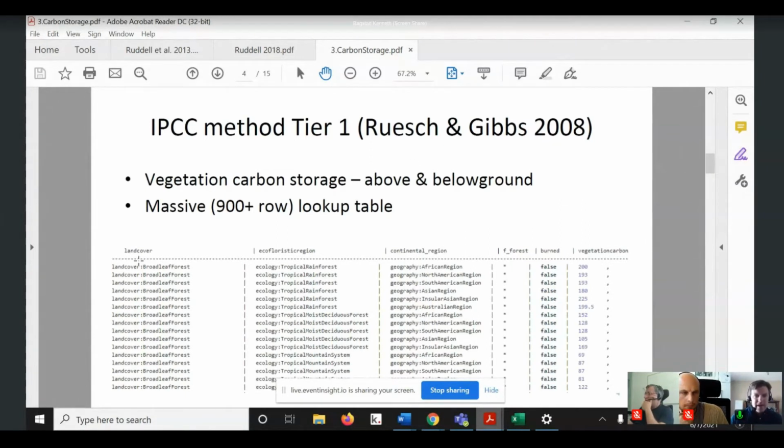We take into account land cover, different types of forests and other land cover types, the region it's located in, rainforests in the tropics, temperate regions, boreal regions, etc., which continent it's located on, whether it's a frontier forest.